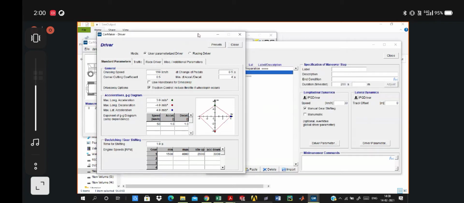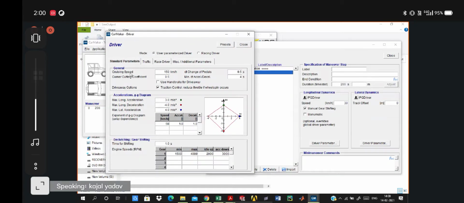Then we have the general parameters, which include cruising speed, corner cutting coefficient, change of pedals, and minimum acceleration and deceleration. In the cruising, you can vary these values as per your specification or vehicle specification.